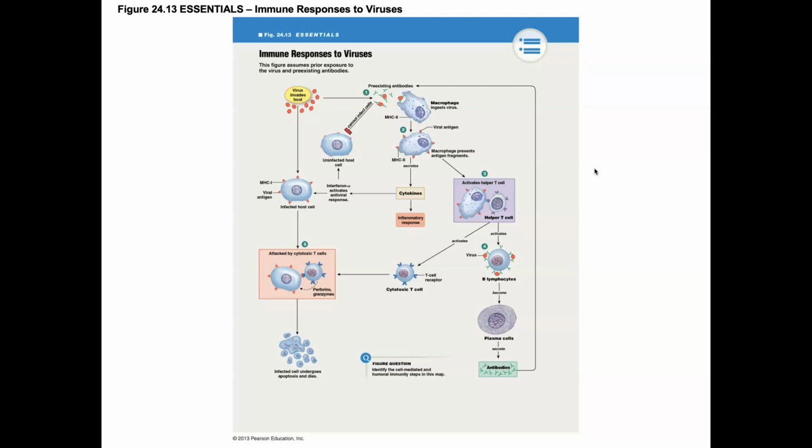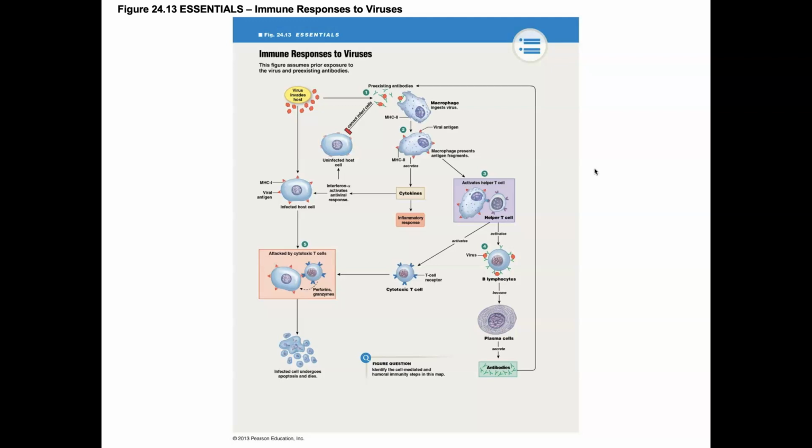And so, in order to fight viruses, we have to be able to produce antibodies through antibody mediated immunity, but we also have to be able to activate what's called cell mediated immunity, in which white blood cells can attack